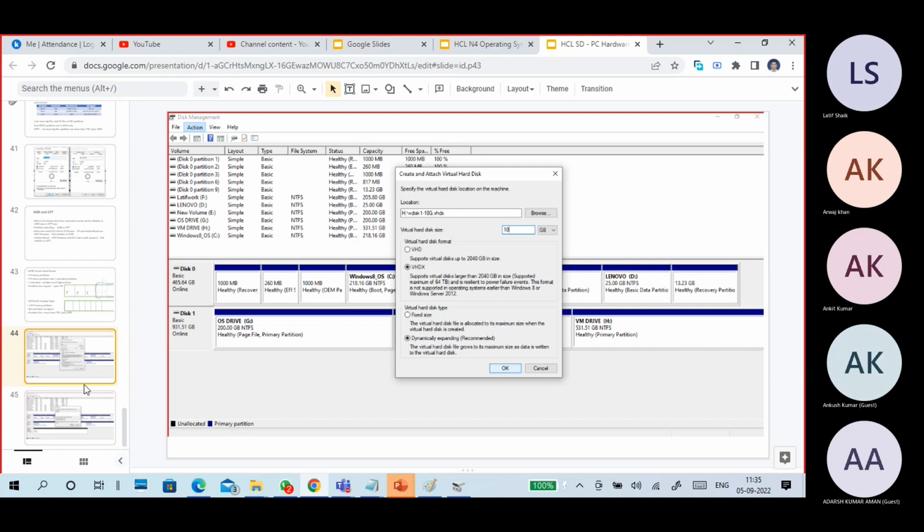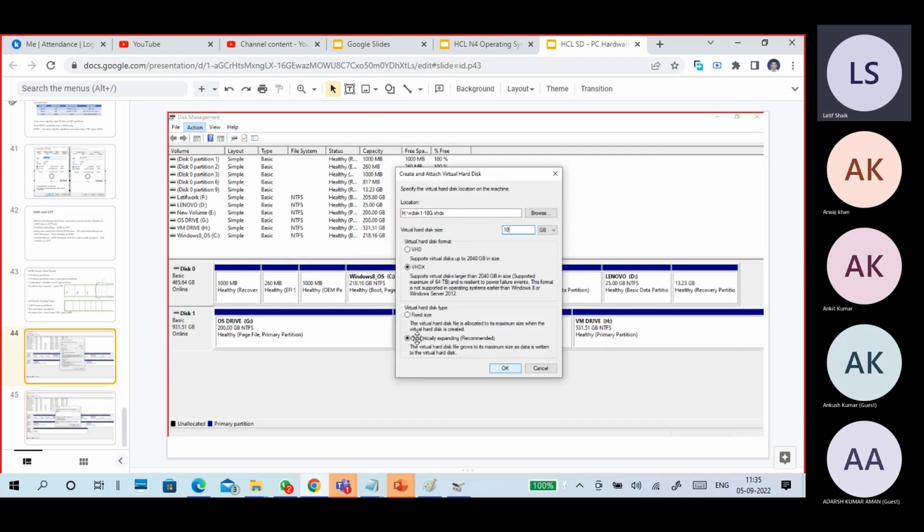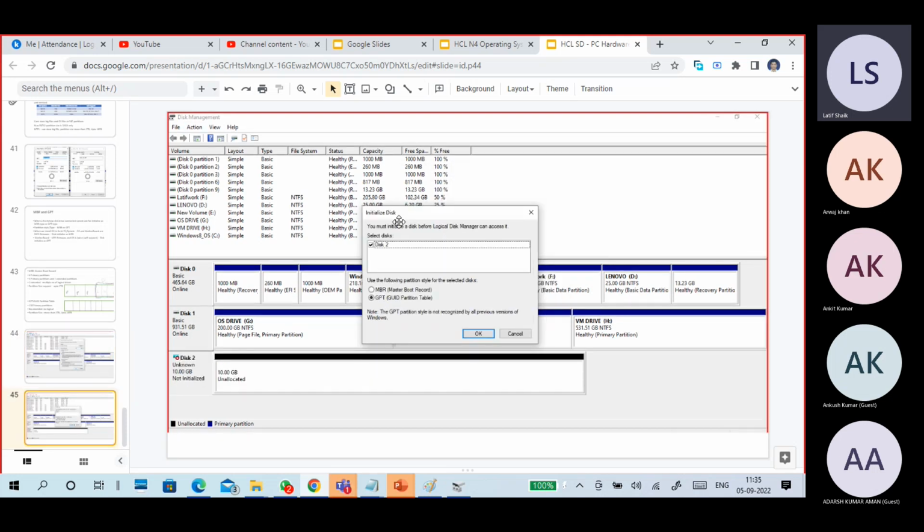Okay. This is how to create a new partition, initialize disk. I created one virtual hard disk. When I attach this hard disk, it is showing initialize the disk. Initialize the disk, either MBR or GPT. Okay, so at that point it is